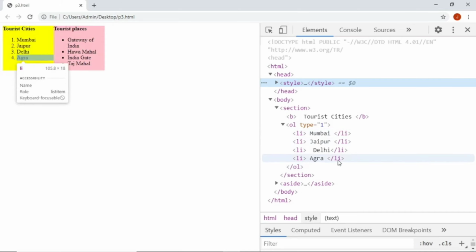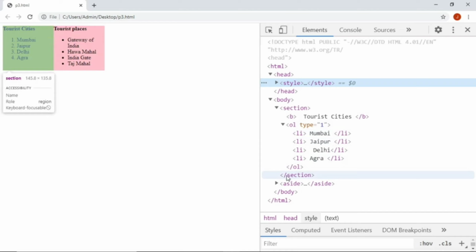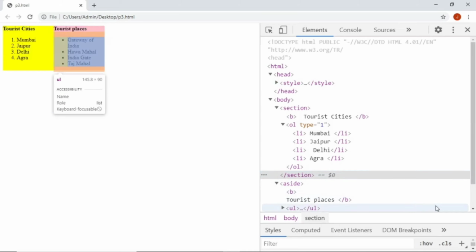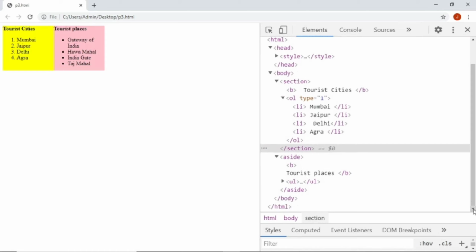And then once you complete all the tourist cities, you close the OL tag and close the section tag. Then for the aside tag, we have already declared it, so being an element selector, we need not again give any CSS property in the body. And then the tourist places can be made bold by using the bold tags.